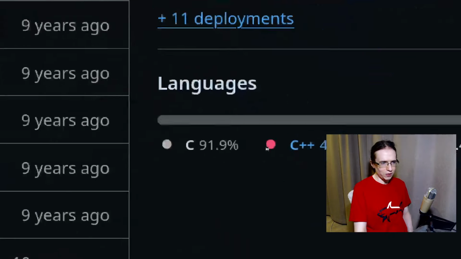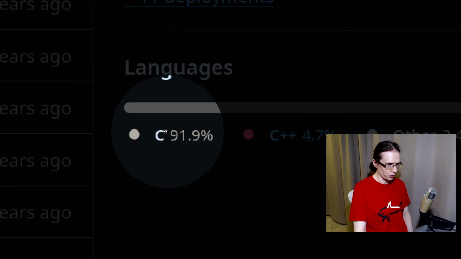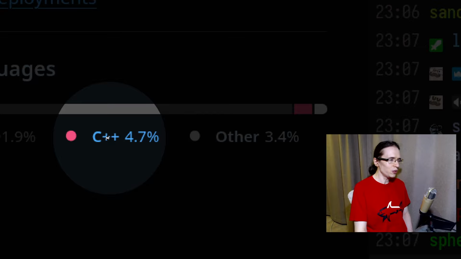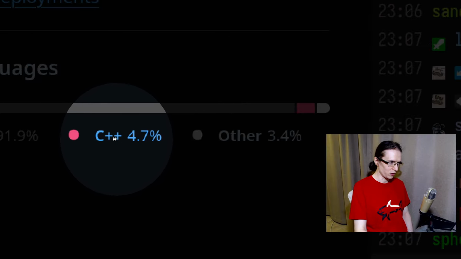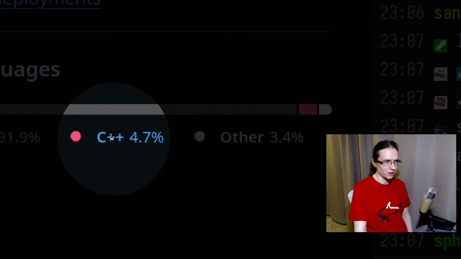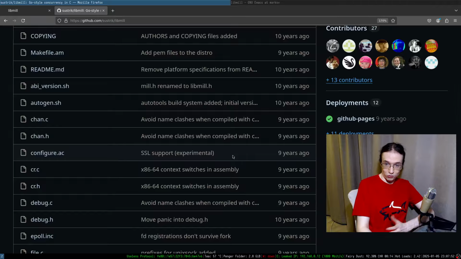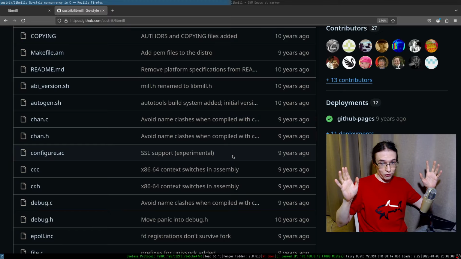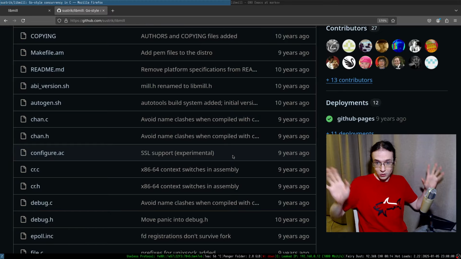So it is implemented primarily in C, 91% C, a little bit of C++, but I'm pretty sure it's entirely in C, right? Because GitHub is dumb. Because it's owned by Microsoft, right? So they couldn't distinguish C and C++. And it's actually on par with Microsoft brand. They don't even have a C compiler. MSVC is purely C++. They literally don't understand the difference between C and C++, like at all. It's just like,